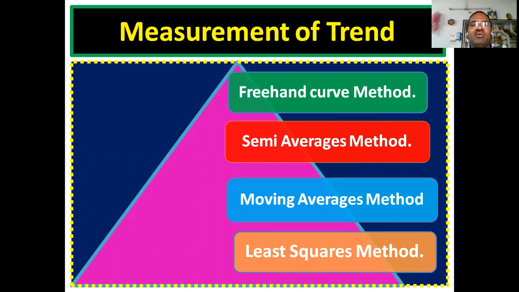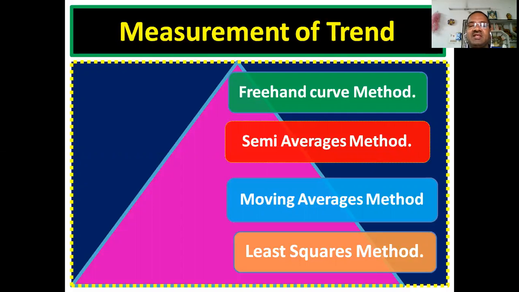As we know very well, there are four different methods to measure the trend: the freehand curve method, semi-averages method, moving averages method, and least square method. The first three methods were discussed in our previous classes. Before we switch over to the next method, the least square method, let us once again recapitulate very briefly